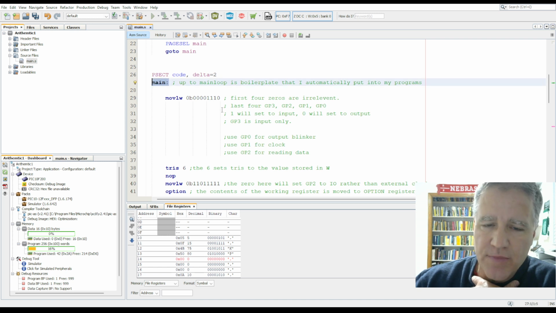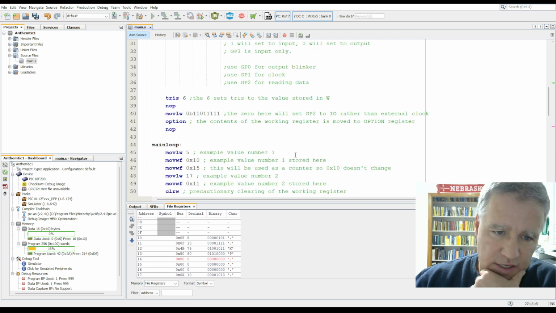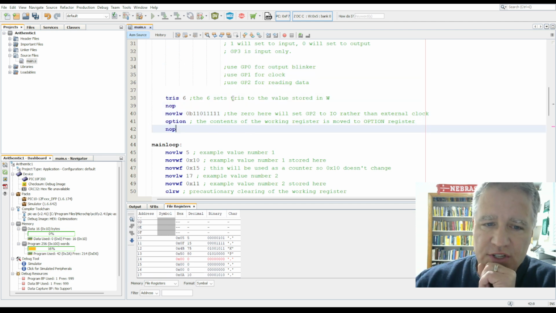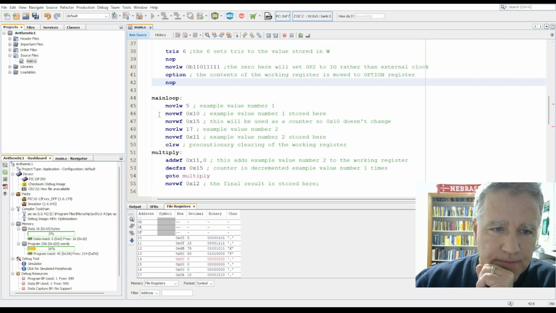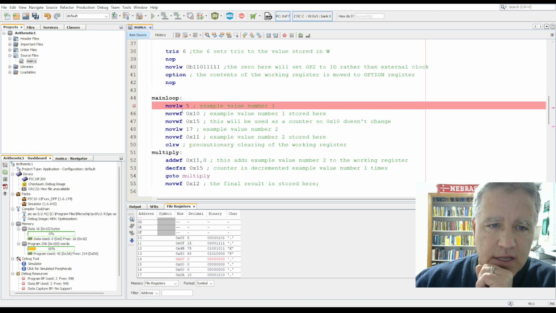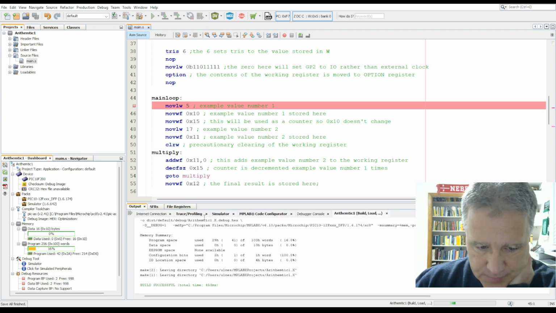So we start our program with main, and all this is just to set things up for how we usually want to run our PIC10F200, to set the different inputs, outputs, and other values. For this particular example, we don't need to worry about this at all. So we'll jump right to the main loop, and I'm going to set a break here so that when we run the program, it'll stop here, and then we'll be able to step line by line. So let me go ahead and run the program in debugger mode, and you see it builds